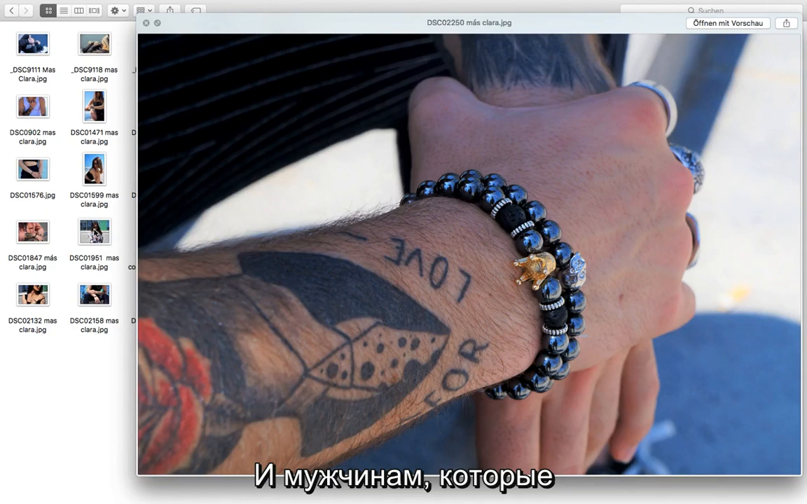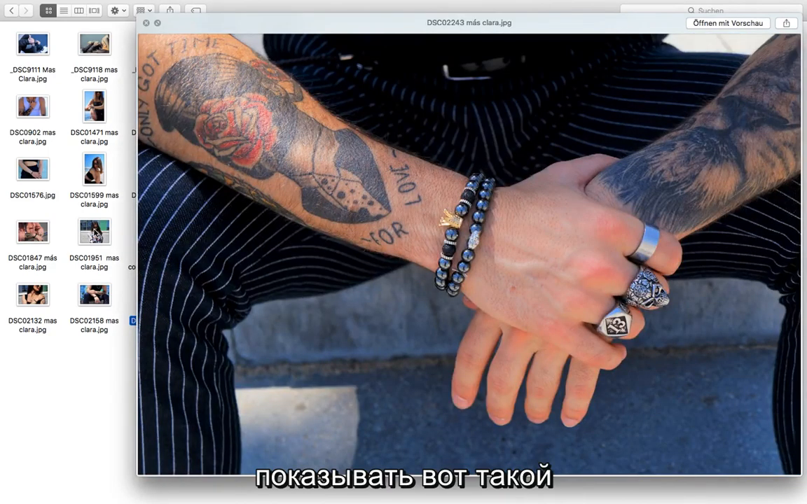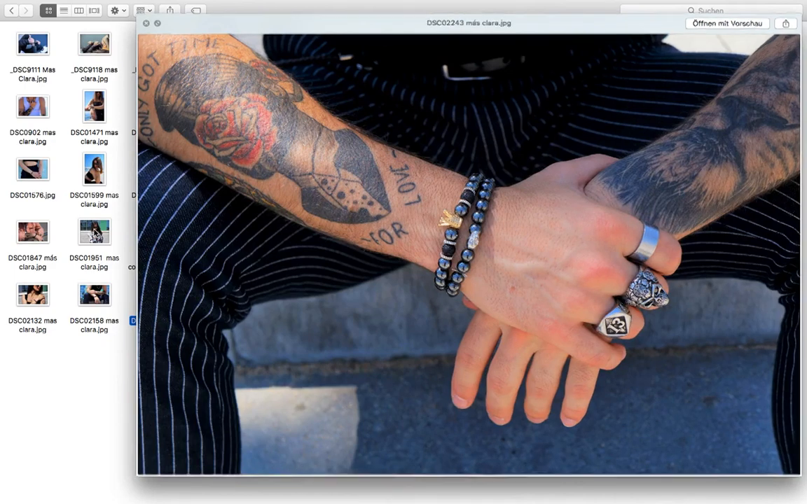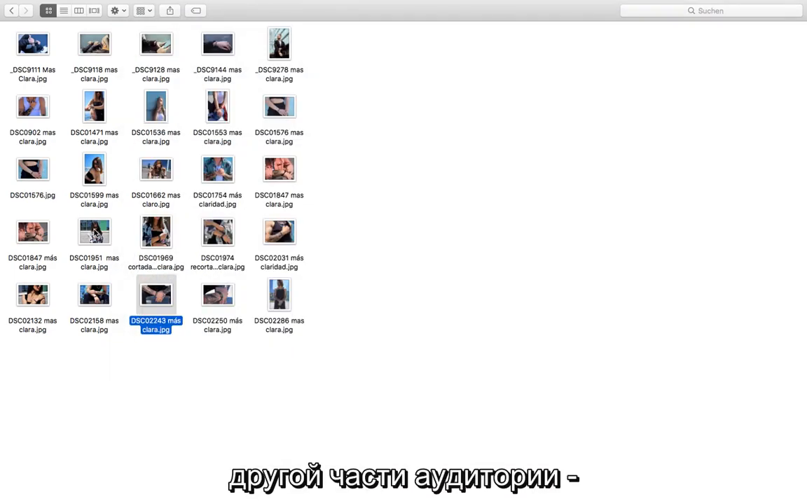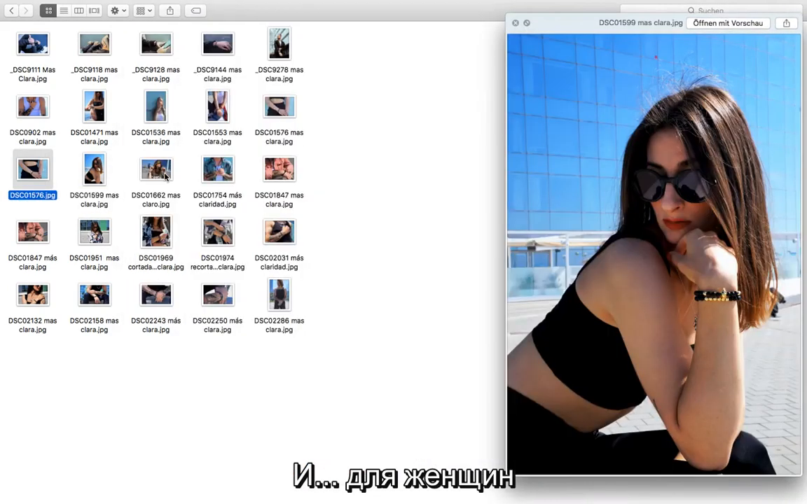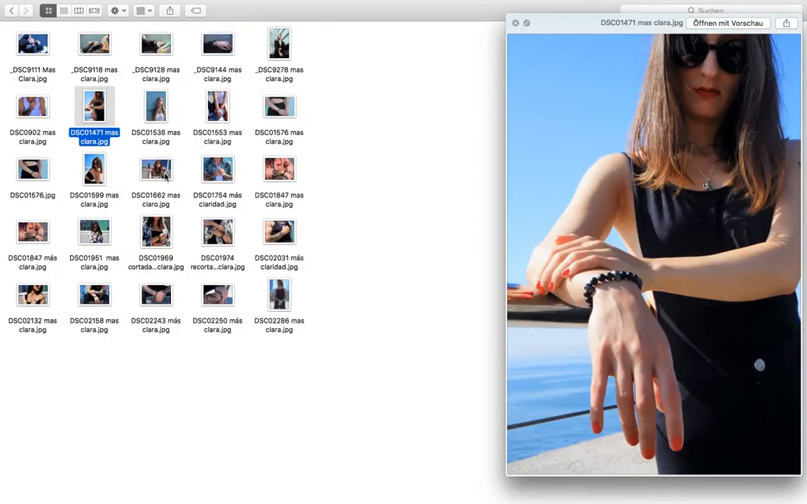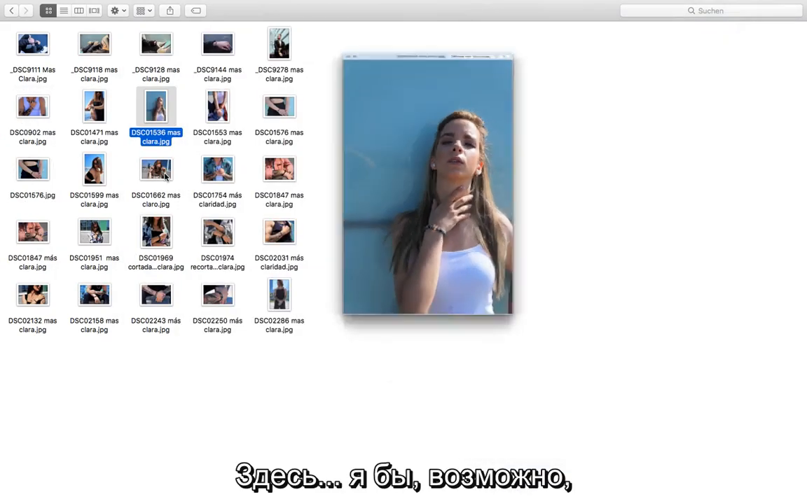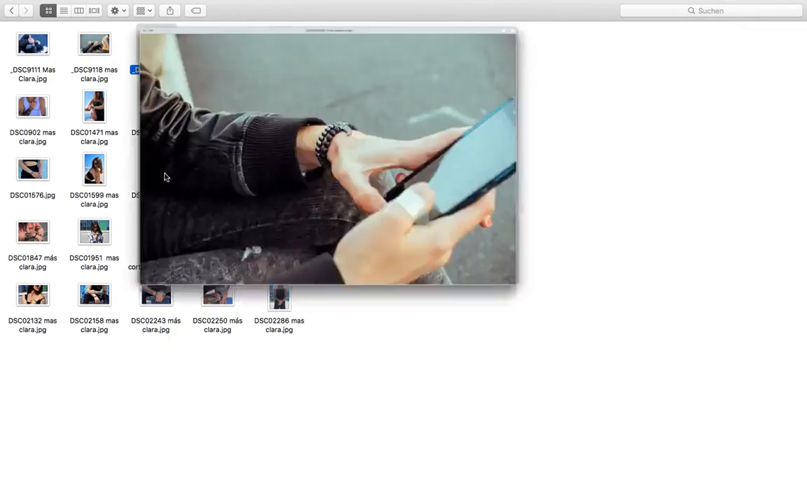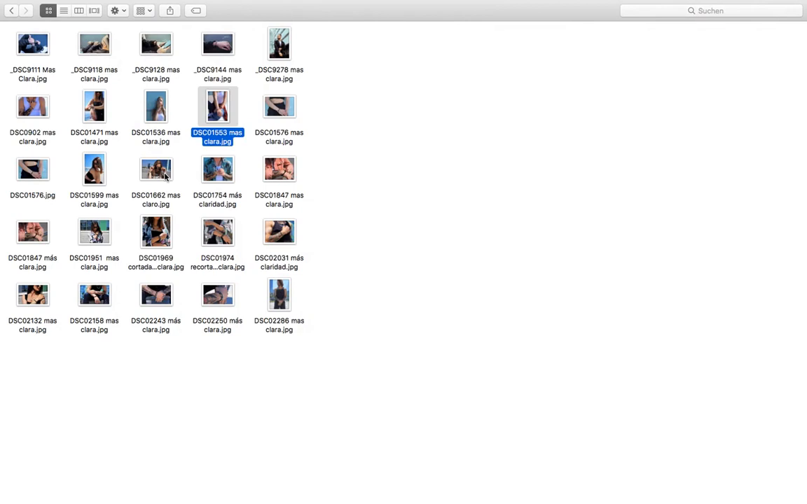So in this case, it makes a lot of sense to separate between men and women, okay? And show to men that like tattoos and like rock music this specific creative, and then we can talk about the second audience, which is female, okay? For females, we have a different kind of material, okay? Here, I would probably try to crop the image to come up with